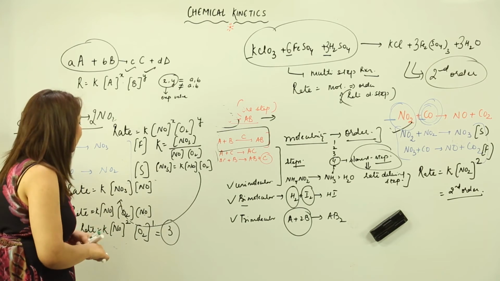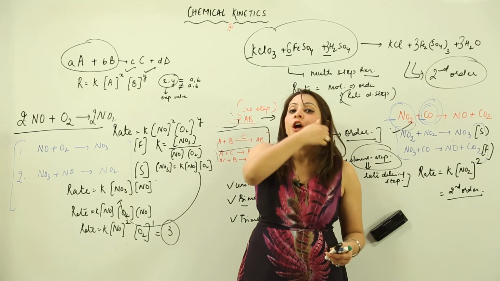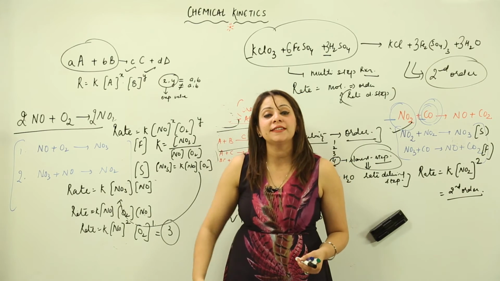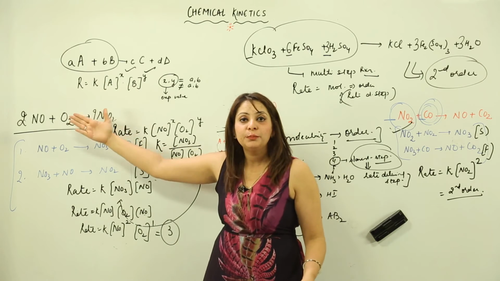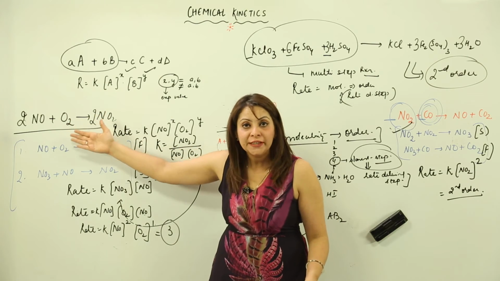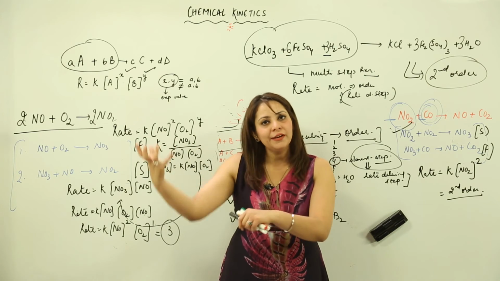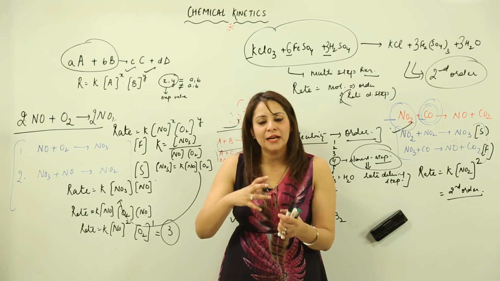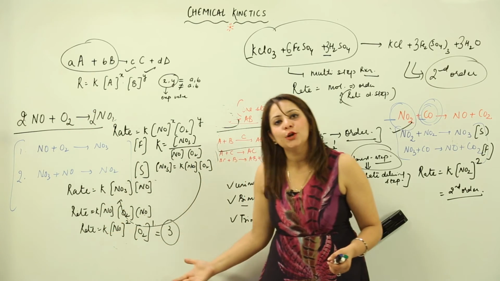So I think it's clear that sometimes while writing the rate of reaction or considering the rate determining step, you often get a reactant which is not actually involved in the principal chemical reaction. But don't be confused, just take out its value from the other reaction and try to substitute that value in terms of the given reactants. As you solve, you will get the order for the reaction.